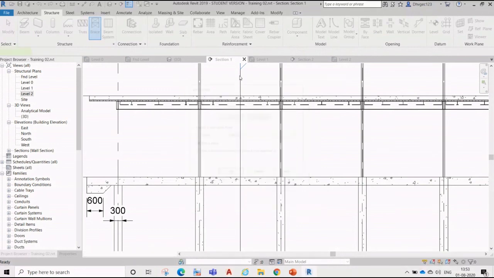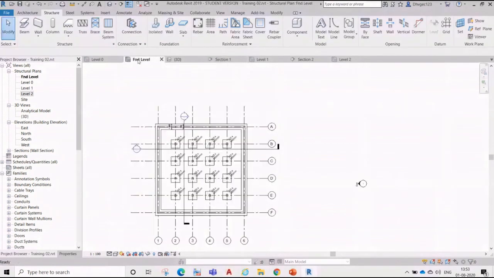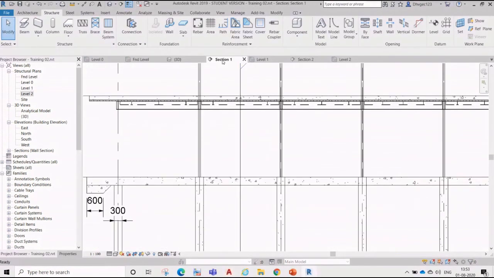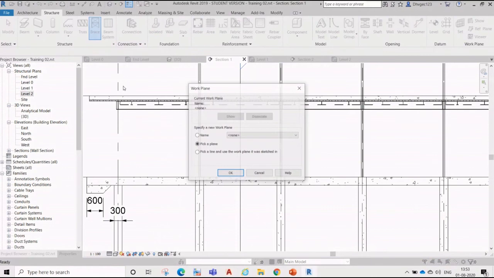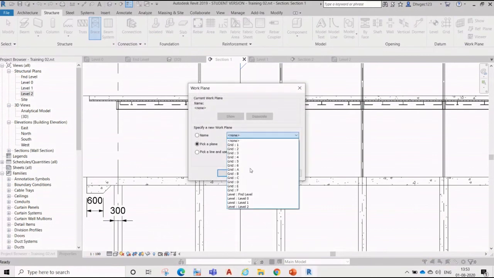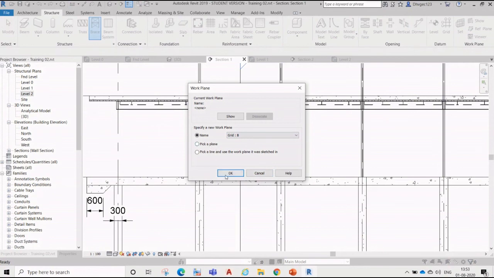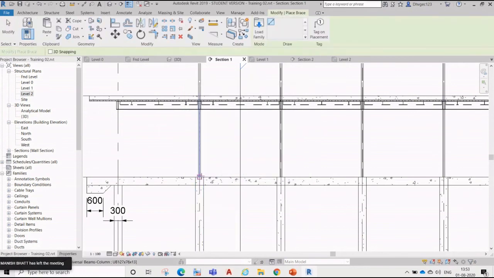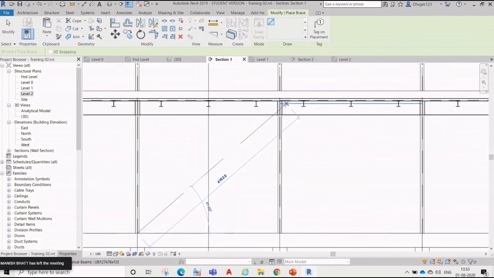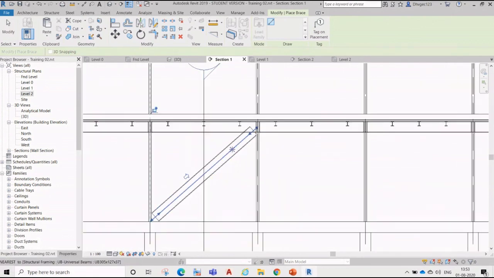Let me just check first. Okay, this is grid B. So now go here, either select the grid or grid B. Or you can just pick the plane, because anything we are going to do in Revit needs a plane.